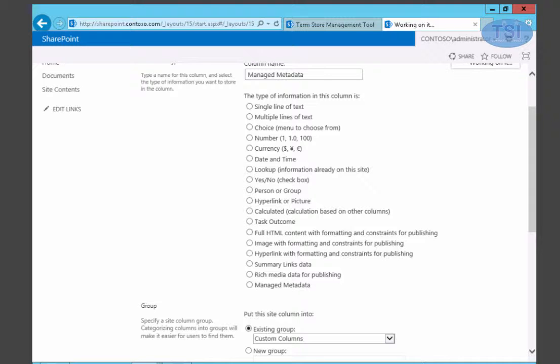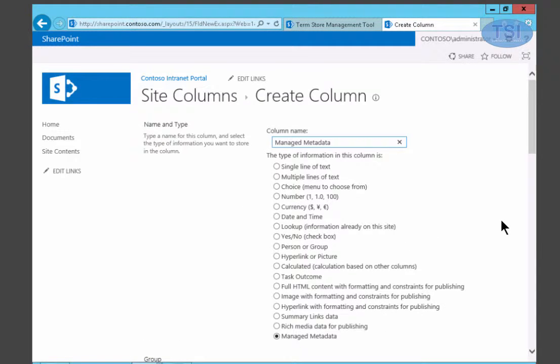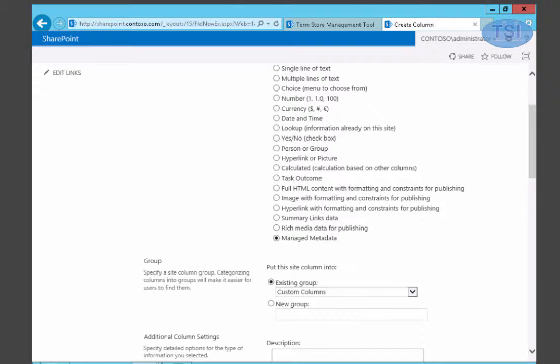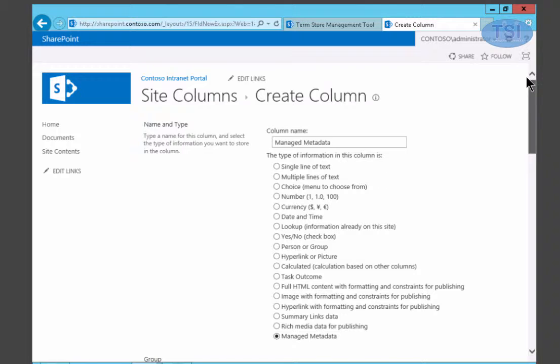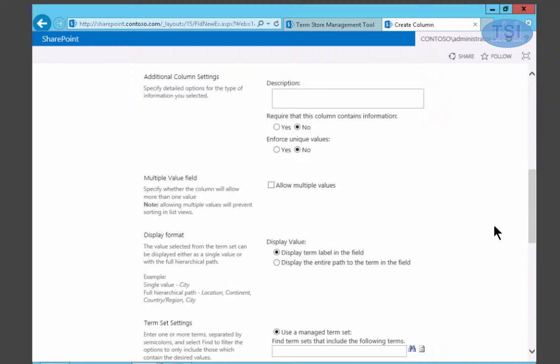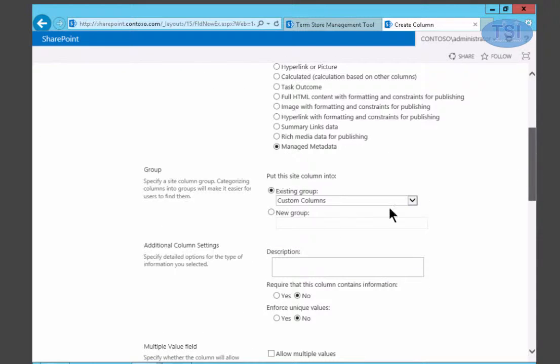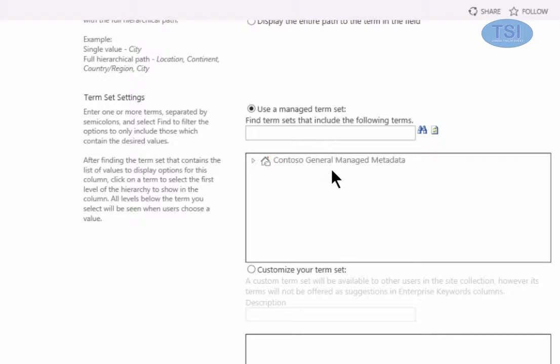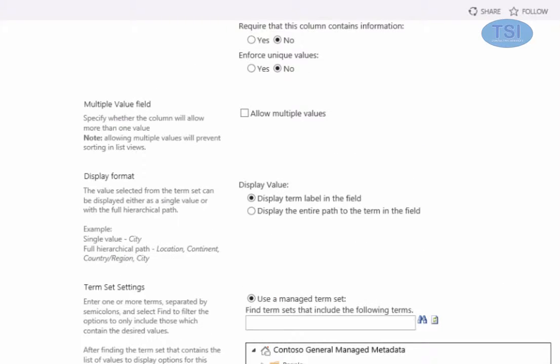Now under this right here, Contoso General Managed Metadata should be at the root of this. So I clicked on this Managed Metadata, and under here, under the term settings, this is the root node right here, see? Now I'm going to go to